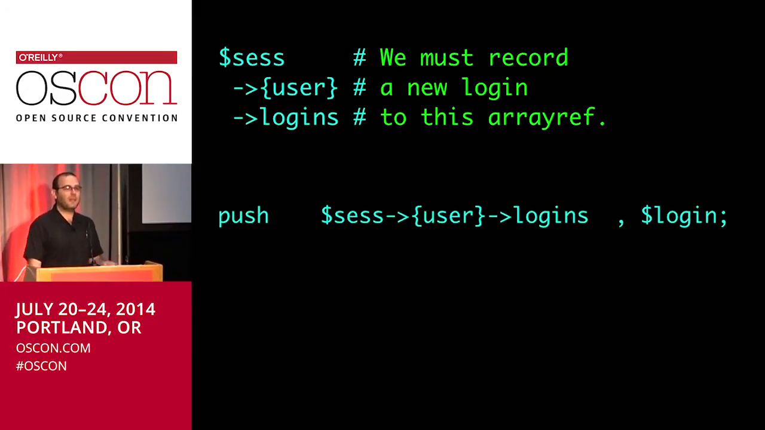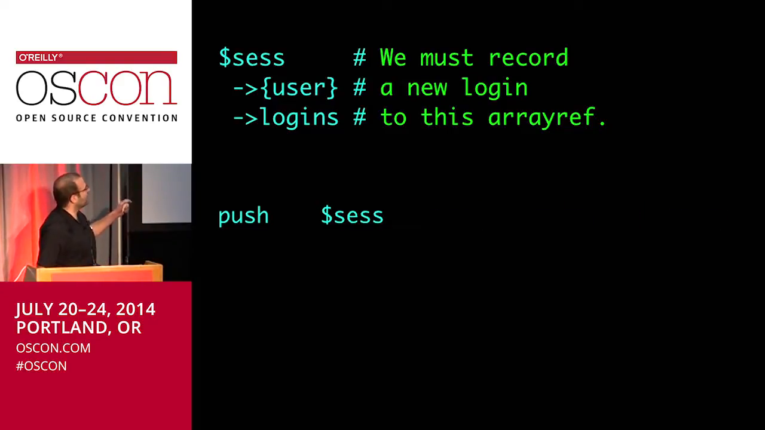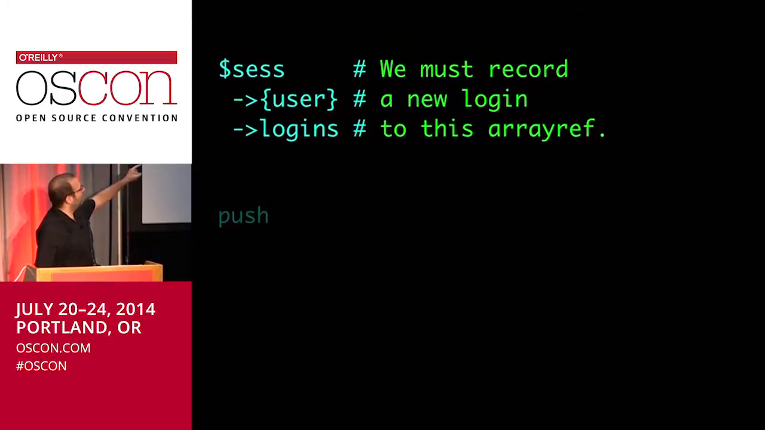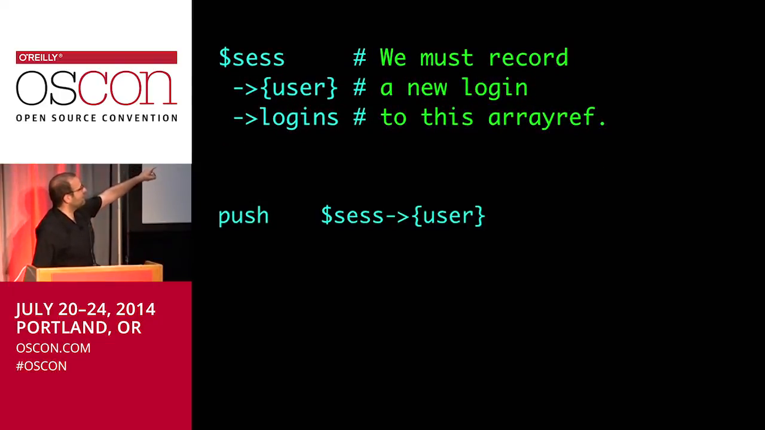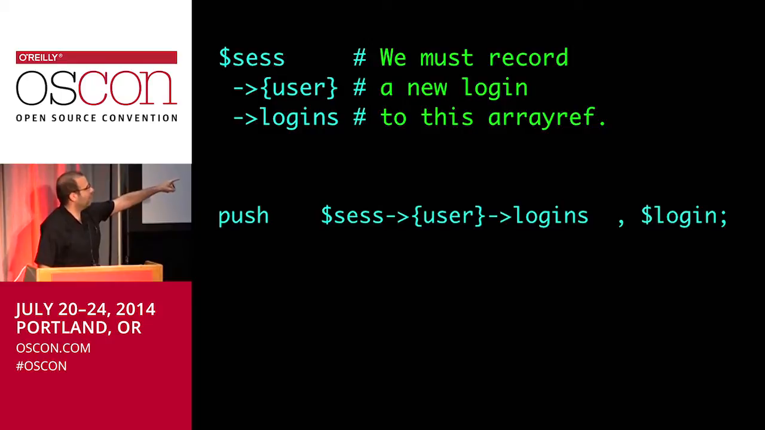This won't work because you can't push onto a scalar. You have to push onto an array ref. So having written that code, let's write that code again. Push onto a session's users, logins, the login. This is how we write in English. We write from left to right. Great. Except then we need to go back and add stuff around after the fact because we didn't realize until then